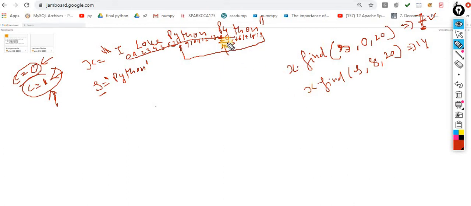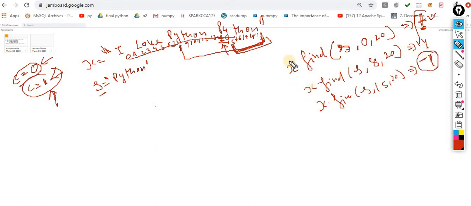Now in the next case, what will you do? You will find Python again from, let's suppose, 15 to 20. Now this time we know it: if it finds Python in the range, it will return the index, otherwise it will return -1. In this case it will return -1. -1 means the data is not available in this particular range, but we already found it at index 7 and index 14. Now when -1 occurs,